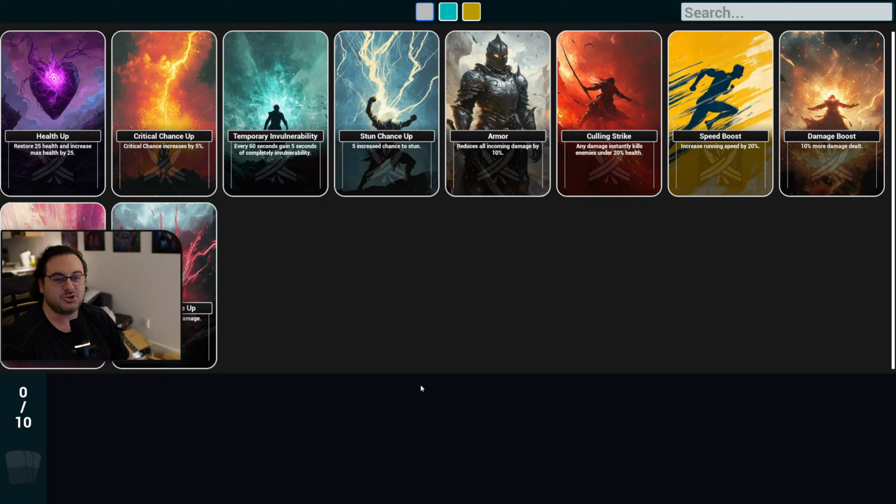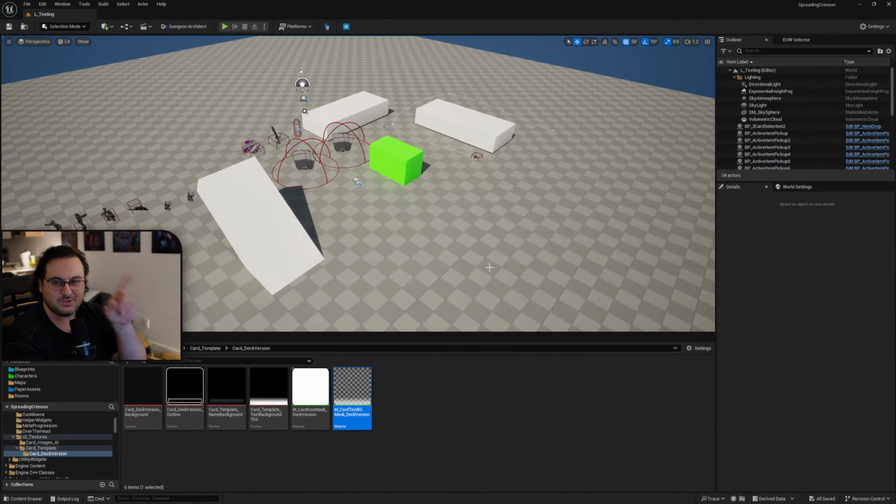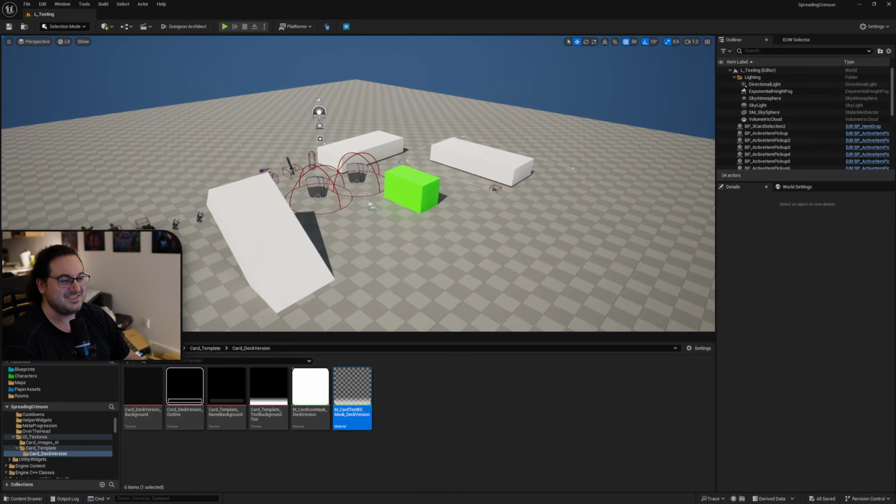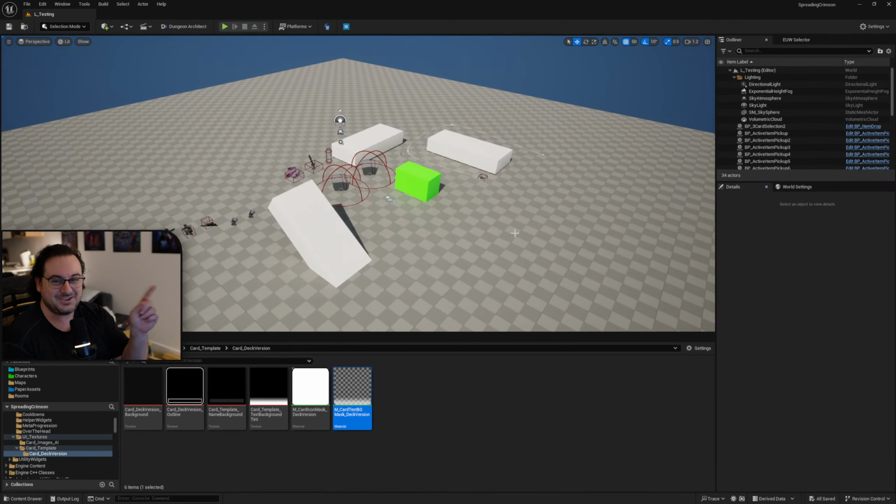I have a random request. Could you show your size map of your player controller and player character? What do you mean, my size map? Do you want to see my player controller and player character blueprints? Is that what you're asking? I'm not sure what a size map of a player controller is. I'll gladly show you whatever. Well, within reason. I'm putting a caveat on that immediately. As soon as it left my mouth, I'm like,